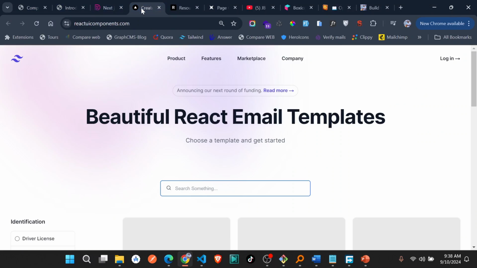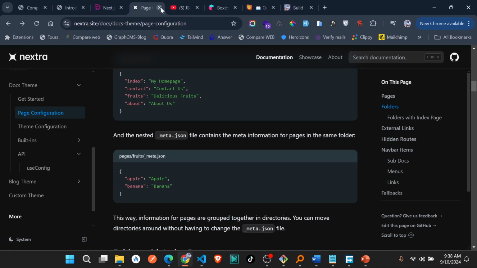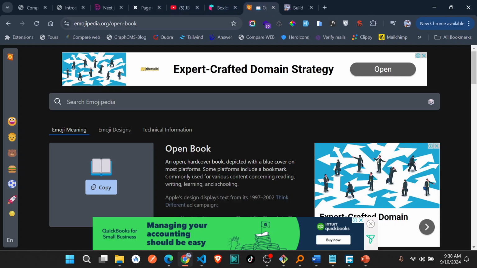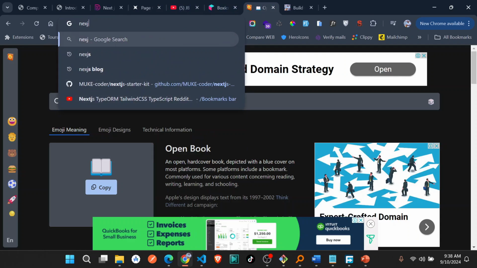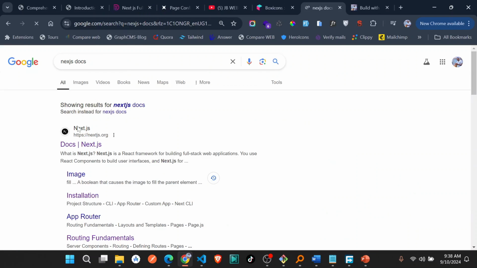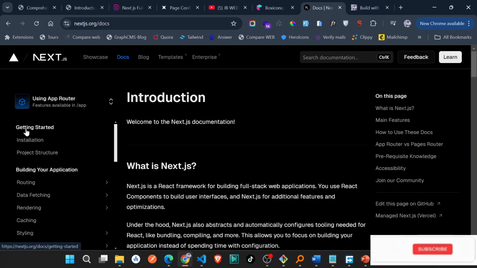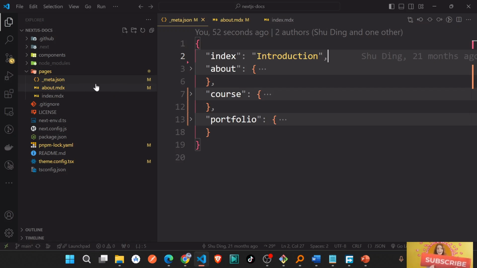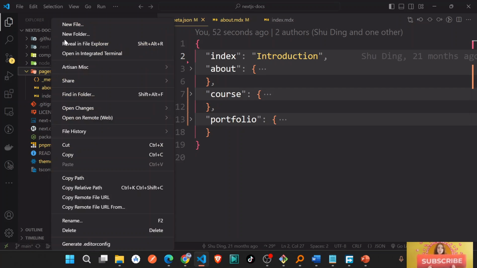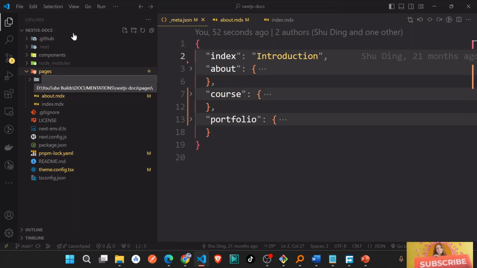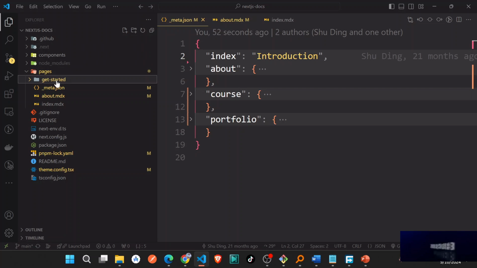For instance, if we went to the Next.js documentation, let me close these ones. If I went to the Next.js docs, you can see they have, for instance, get started, which inside has installation and project structure. So I would create a new folder called get started, and inside I put these two files, installation plus project structure. So if I go inside the pages and create a new folder and name it get started, and inside I create two files,